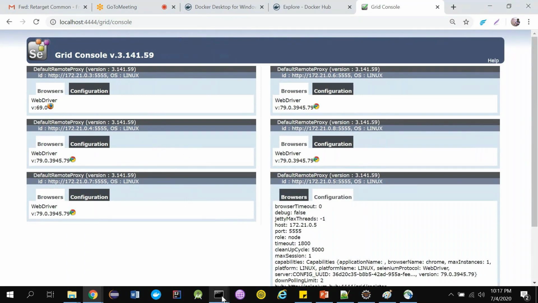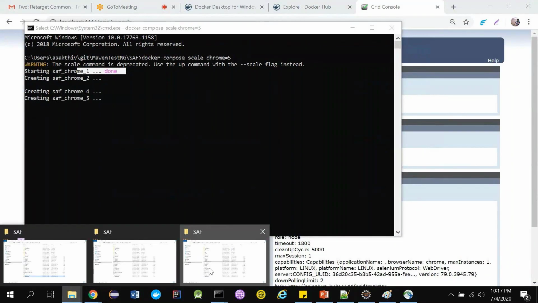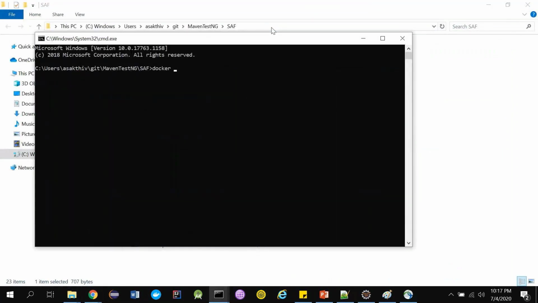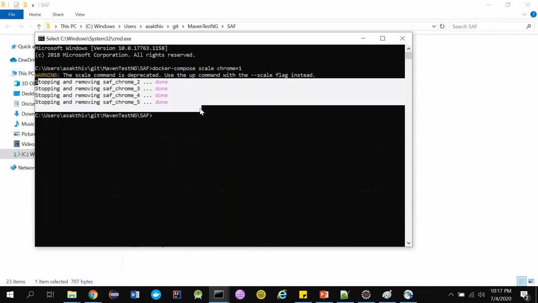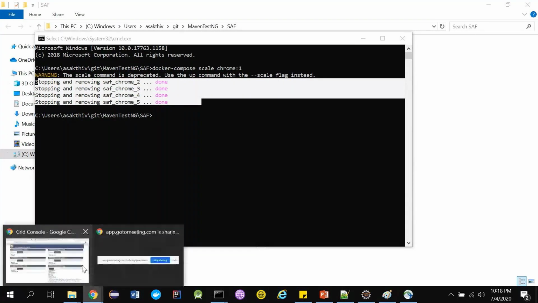Suppose if you want to bring it down, yeah, it again went to listening mode, guys, so I cannot use it again. We have to bring it back to one. You don't have to scale down and all. It's only scale Chrome equal to 1. It means it'll make sure there is only one Chrome. Let me quickly go here, check how many Chromes.